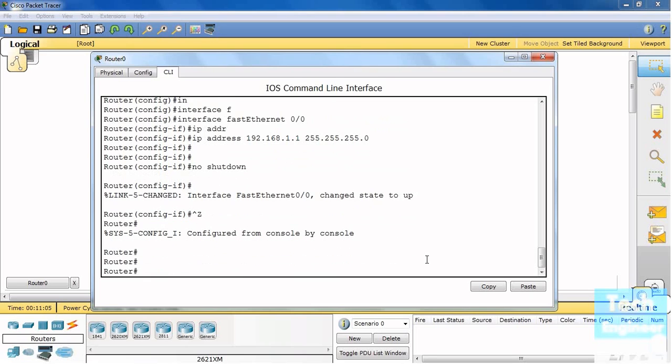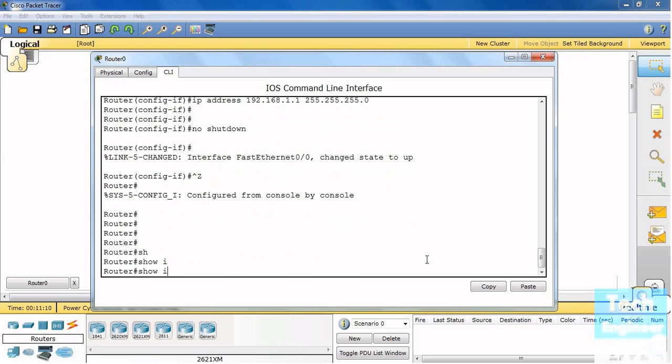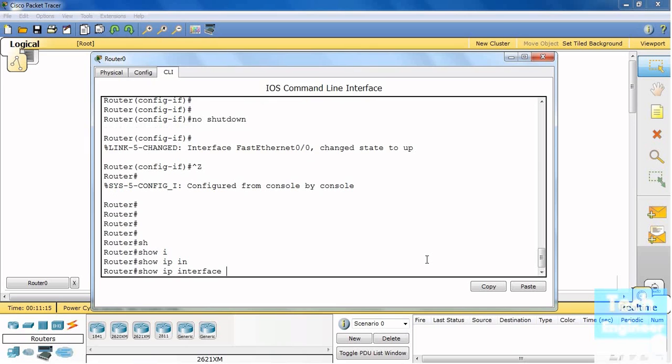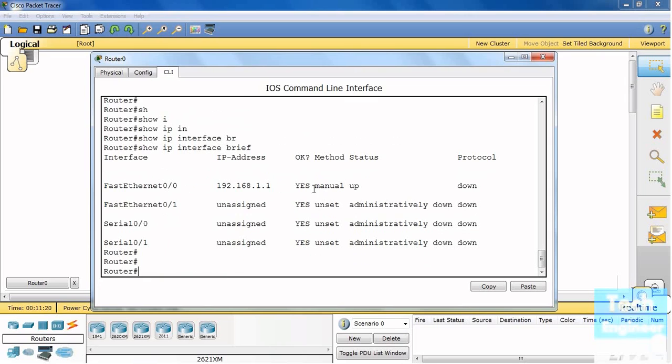So now the fast Ethernet port moves to up, and let me show you with Control Z. It goes to privilege mode and show ip interface brief. So you can see the fast Ethernet port is now up. It means whatever device you connect, for example a switch, they will start pinging each other, and it will be in up mode, meaning communication will be there. Now let me configure the